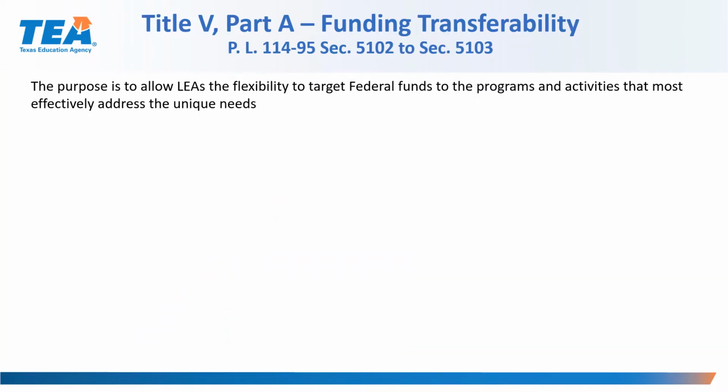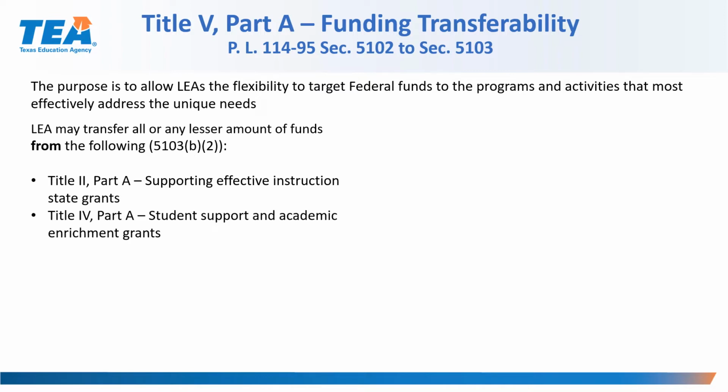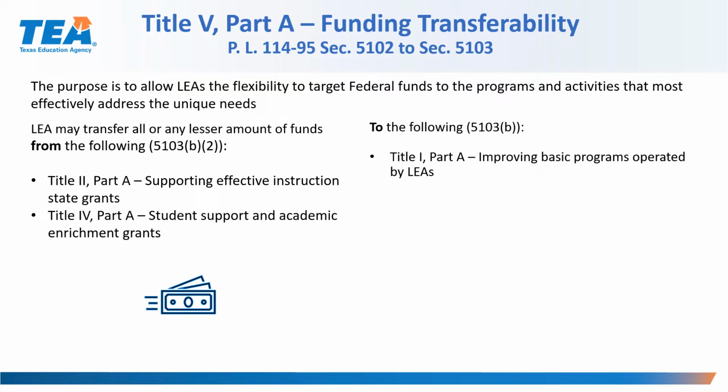The purpose of funding transferability is to allow LEAs the flexibility to target federal funds to the programs and activities that most effectively address their unique needs. LEAs may transfer all or any lesser amounts of funds from the following: Title II Part A, Supporting Effective Instruction State Grants, and Title IV Part A, Student Support and Academic Enrichment Grants, to the following: Title I Part A, Improving Basic Programs Operated by LEAs, Title I Part C, which is Education of Migratory Children,